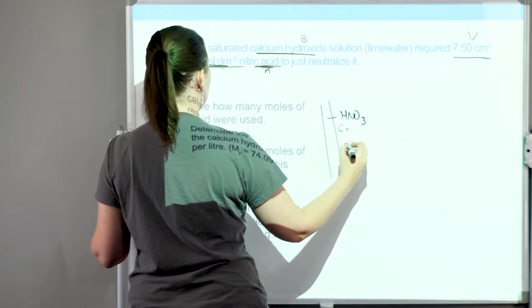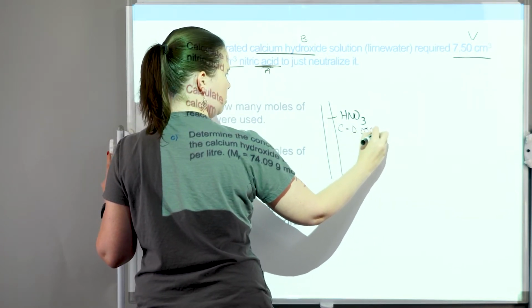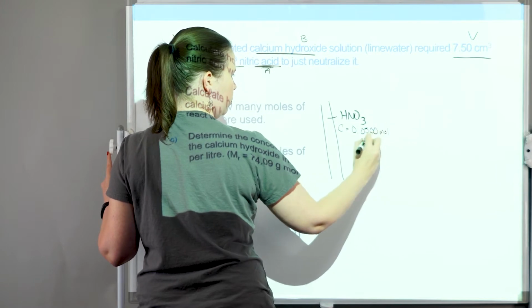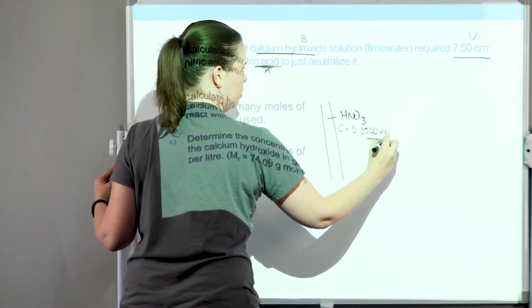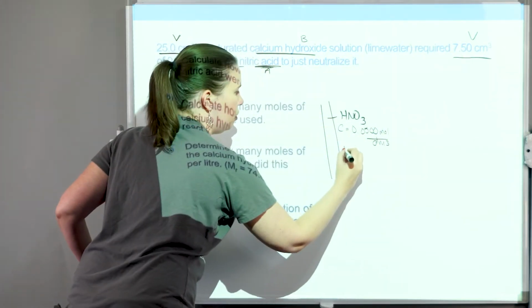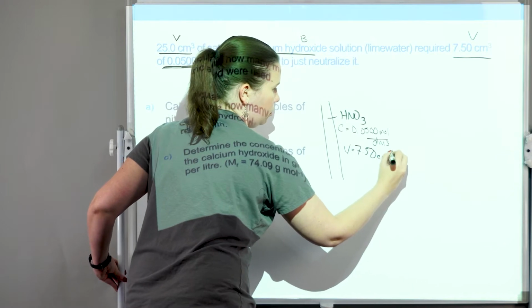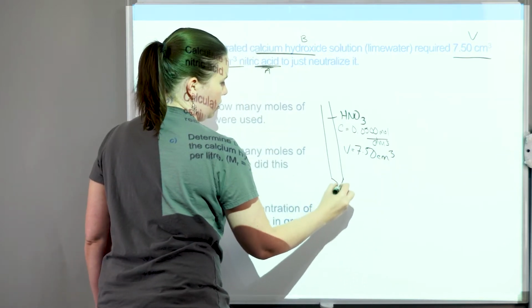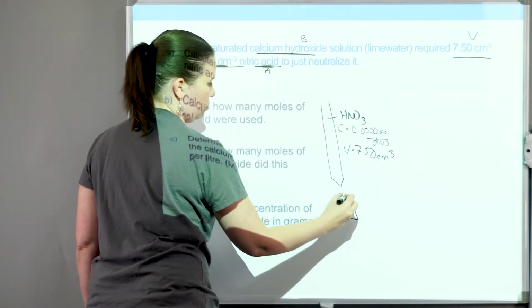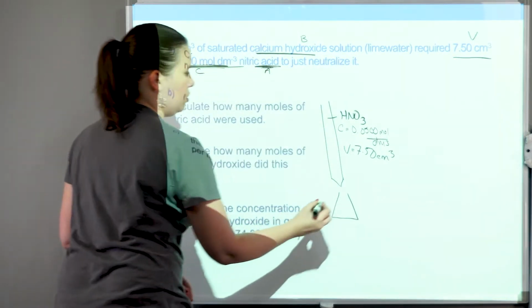Concentration given for that was 0.0500 mole per decimeter cubed. And then the volume given for that comes back up here, 7.50 centimeter cubed. Then that's going to drop into the Erlenmeyer flask, which would contain the substance of unknown concentration,